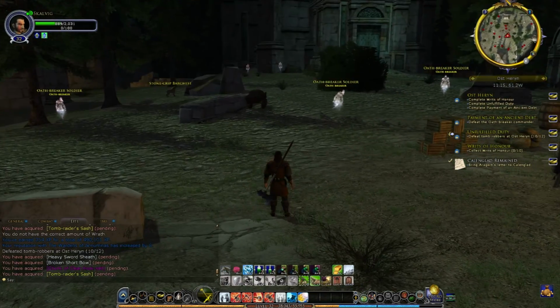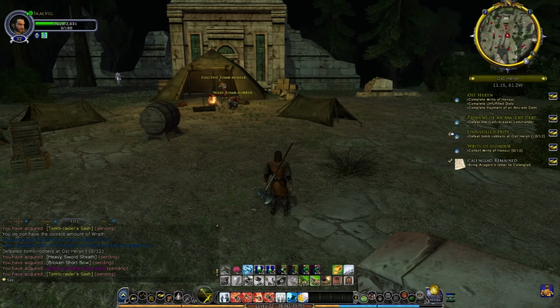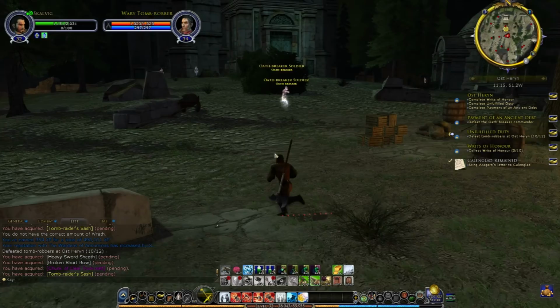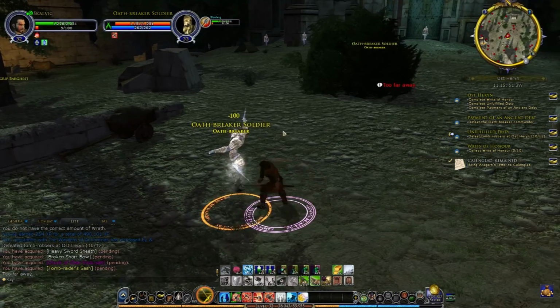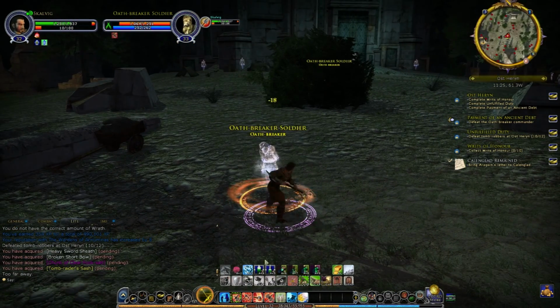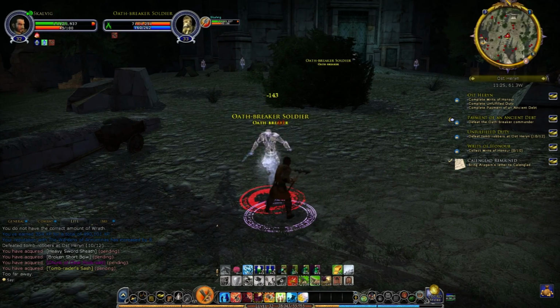So as we head westwards, instead of getting the tomb robbers, we get the Oathbreakers. And you'll see that the tomb robbers are just cowering in fear because they're afraid of ghosts. Now the commander, is it that one? Yeah, it is, the one right in front of the big door. So we're going to head over there, kill him. I don't think we need to kill